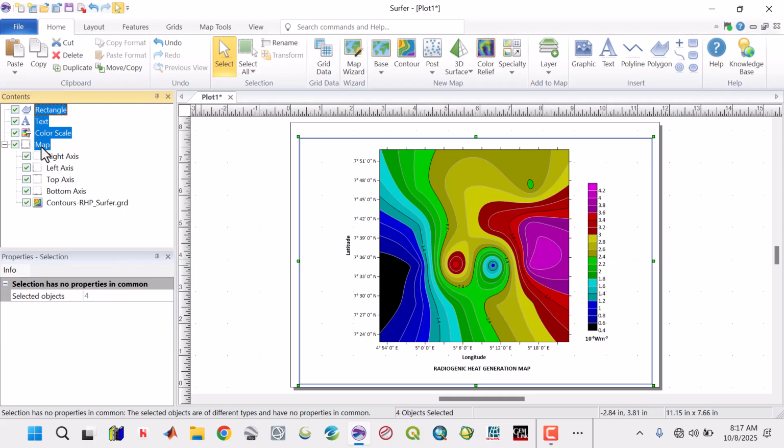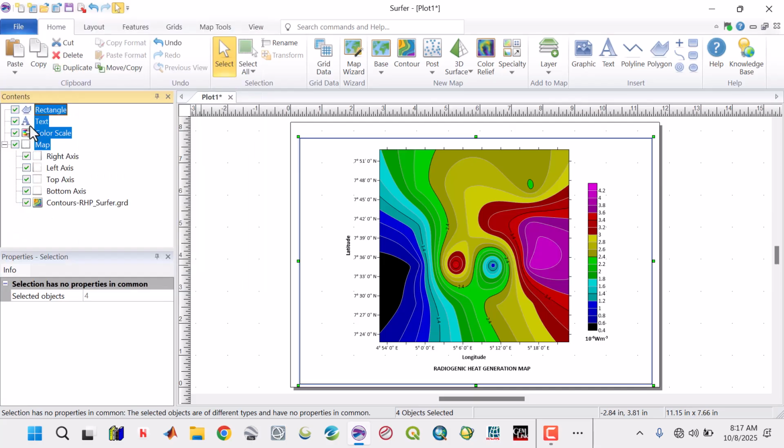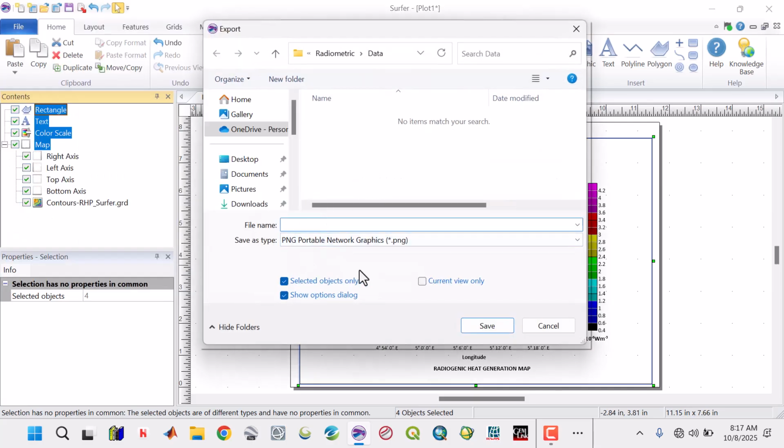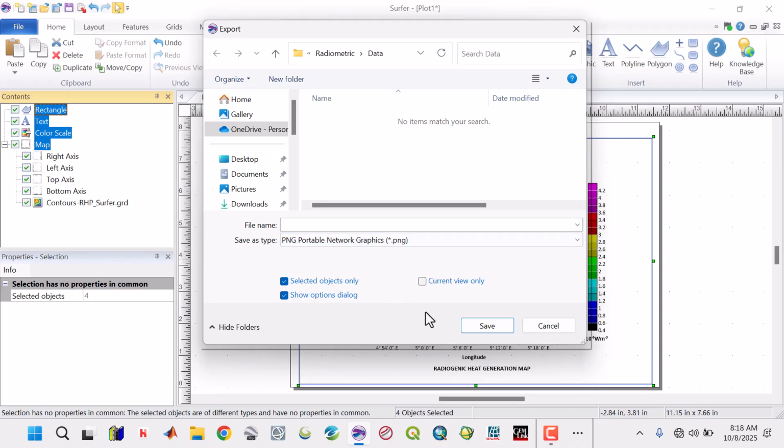Everything is selected. Then we'll go to file, export. Then you see, make sure that everything is here. Untick this one, then select it to PNG format, portable network graphics. Then you click, make sure you tick this one. Then you go to radiometrics, then go to images,